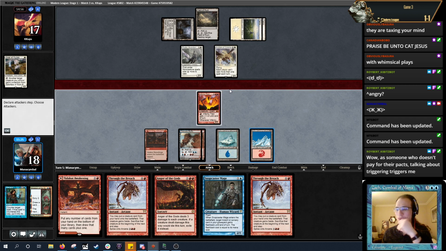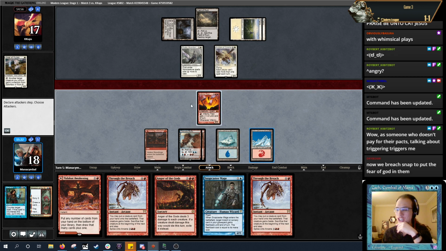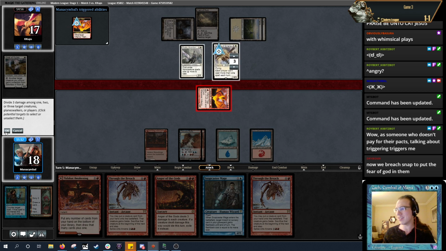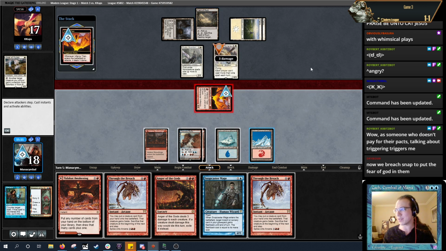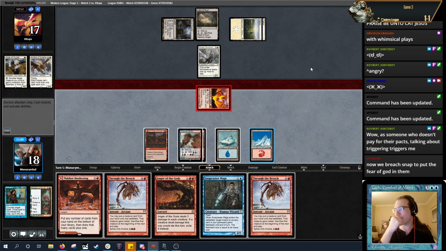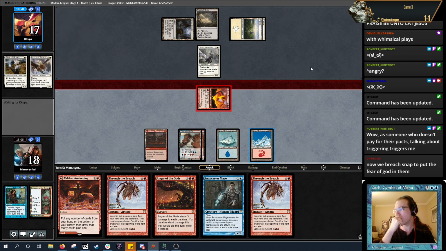As someone who doesn't pay for their packs, talking about triggering triggers me. Breach Snap? I can't do it, dude. There's the Thalia in play. So I think I just kill the Archon because of the Thalia. Like, they have an Aether Vial in their hand. That's what they tried to play there. If they have a Path... Like, I don't want them getting it for free. I have Snap Remand if they...